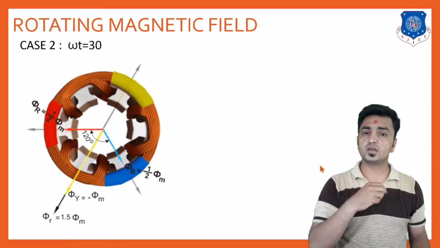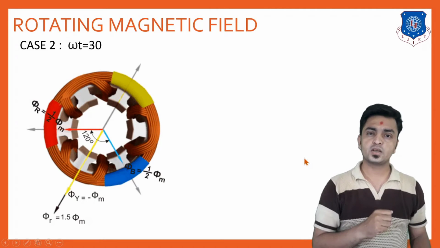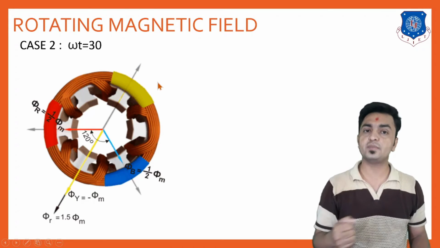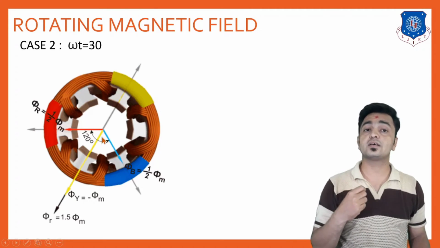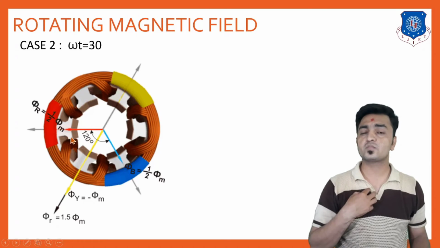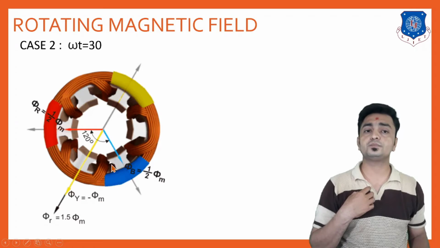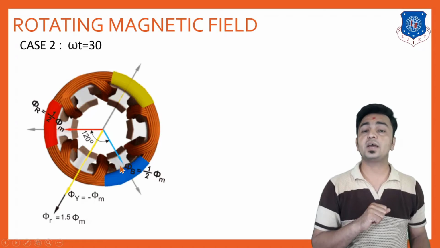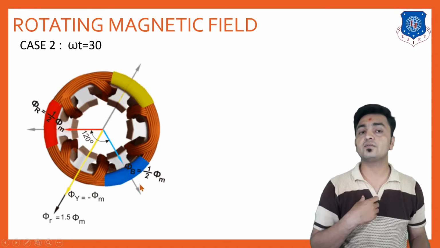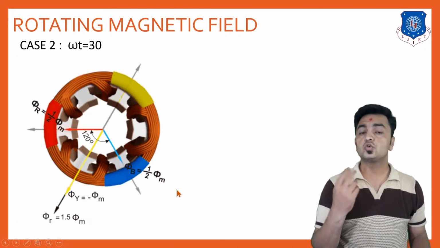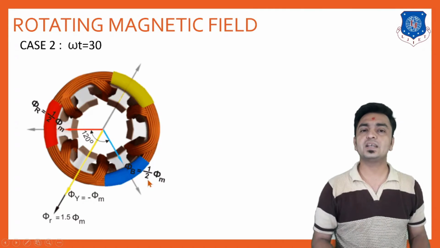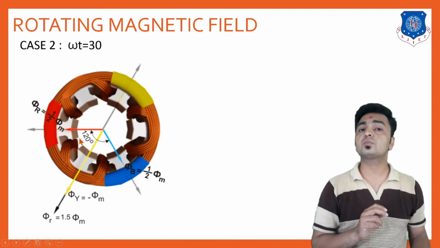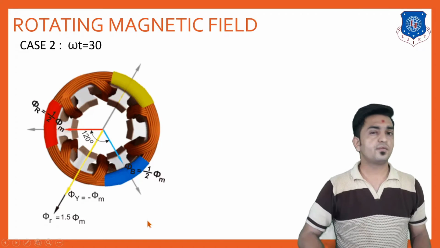Now, in case number 2, if we consider omega t equal to 30, and put omega t equal to 30 in the three equations of phi r, phi y and phi b, we get the value of phi r as 0.5 phi m, the value of phi y is going to be 0, and the value of phi b is again 0.5 phi m. Now again, if you find the resultant of these two components, 0.5 phi m and 0.5 phi m,